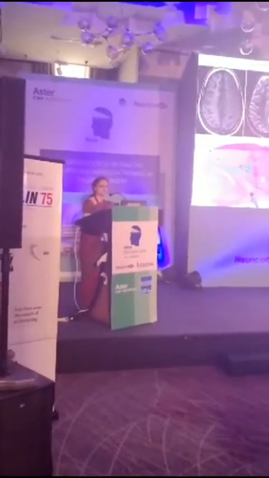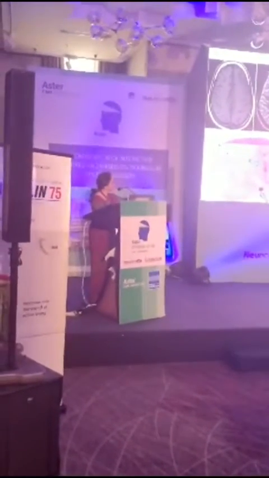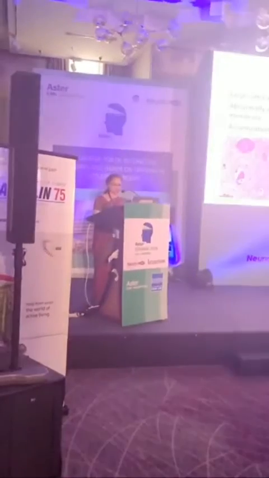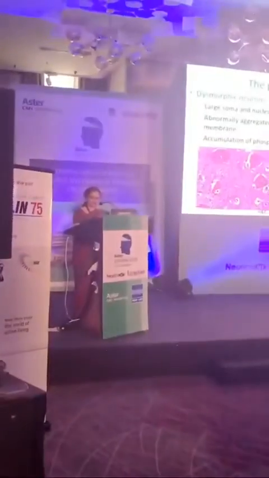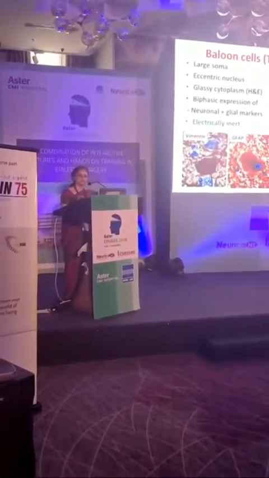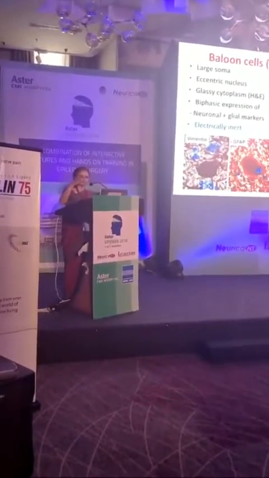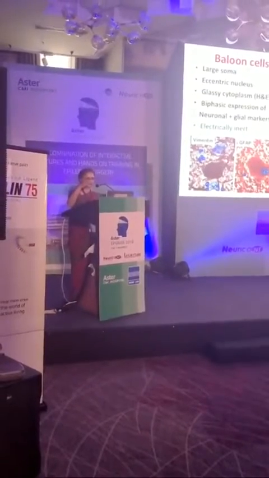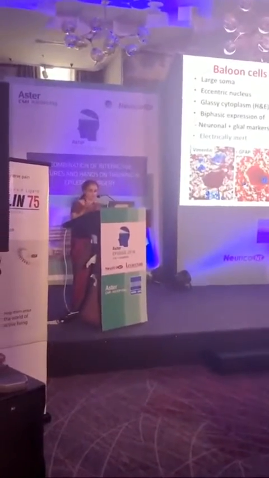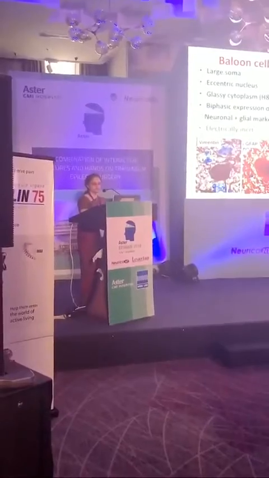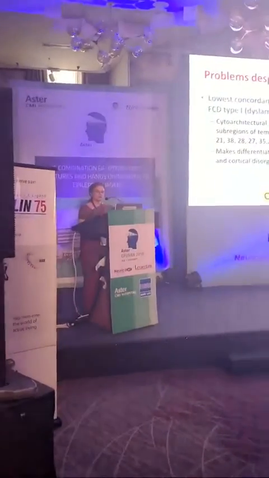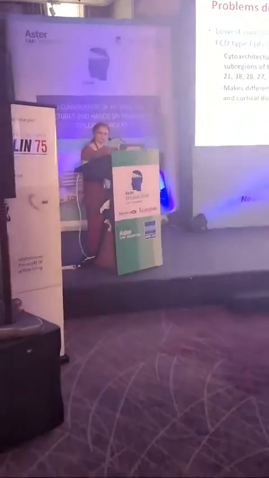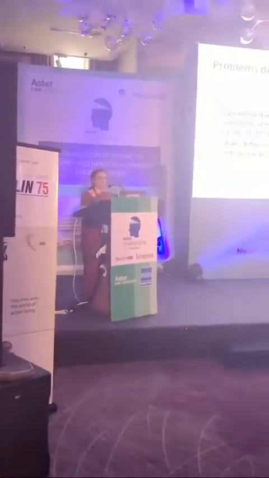FCD type 2 is what you pick up on MRI, and the widening of the gyrus and your transmantle sign basically correspond to the presence of these dysmorphic neurons and your famous balloon cells. Interestingly, if you take balloon cells out from tissue, they are intrinsically silent, they don't spike. There's no electrical activity. Still, this is what we use to make a diagnosis of FCD type 2B. Now, although I said that it's easy to use, remember that there are several problems, and the biggest problem remains with FCD type 1. It is not